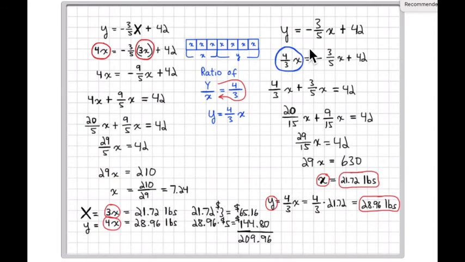So over here, the slope y is equal to 4/3 x in the proportional relationship. So I can replace this y with 4/3 x. And then working through the algebra, you get down to here where 29x equals 630 instead of 29x equals 210, because now this x is truly x. It's this big X over here. So 29x equals 630, x equals 21 72/100 pounds, same as over here, and y equals 28 96/100 pounds, same as over here. A little bit tough,